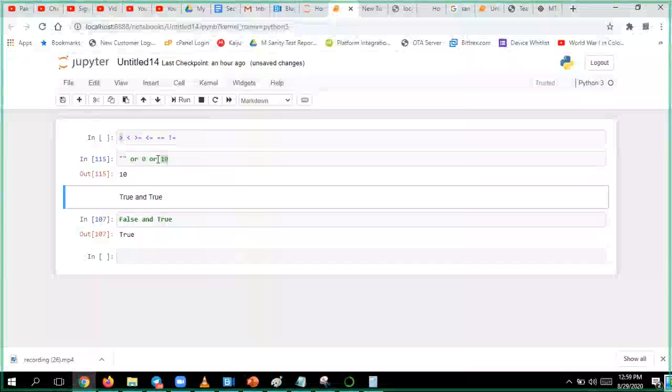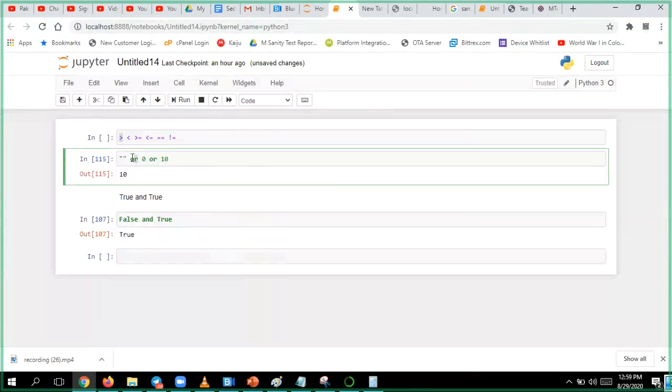And one more thing, you can use expressions like this. Now, what will happen? You tell me, guys. You have to tell me the result. I will wait for you. True.